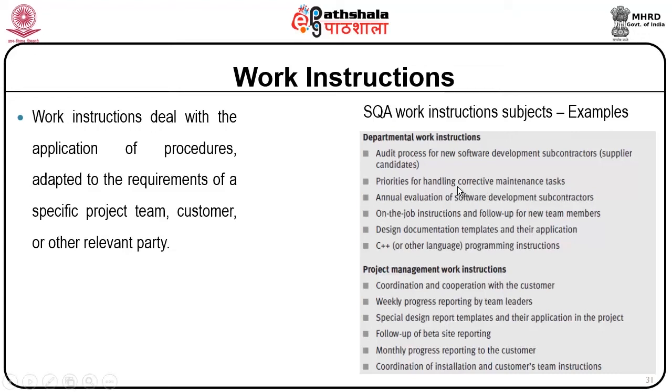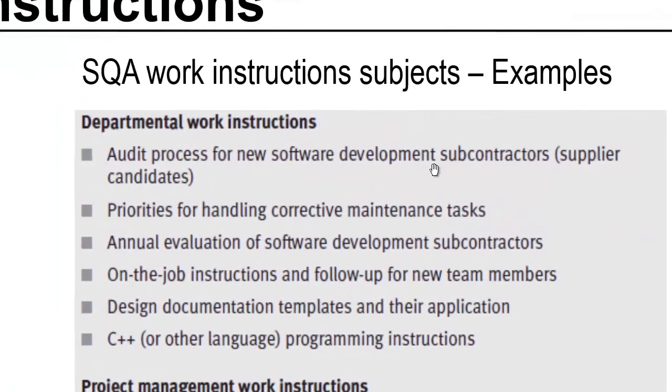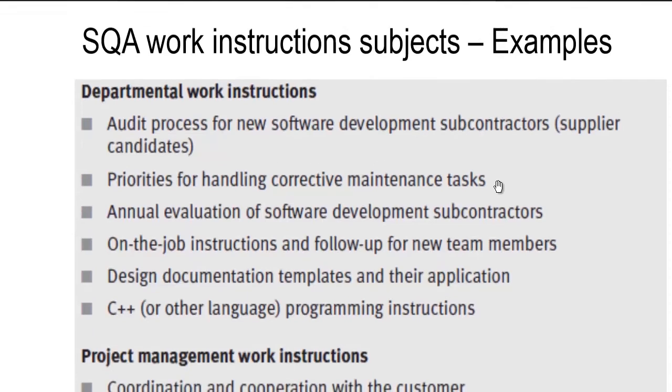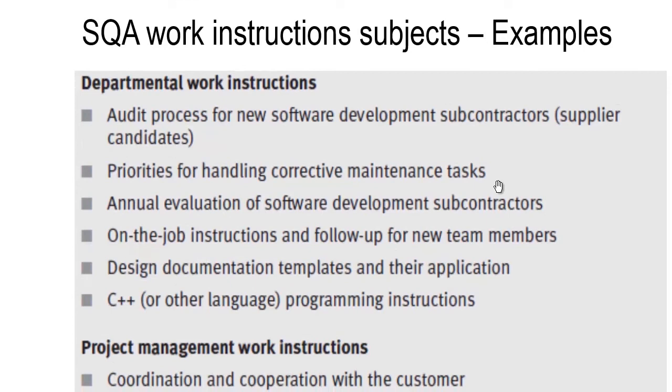Software quality assurance work instruction subject examples: departmental work instructions, audit process for new software development subcontractors, priorities for handling corrective maintenance tasks, annual evaluation of software development subcontractors, on-the-job instructions and follow-up for new team members,